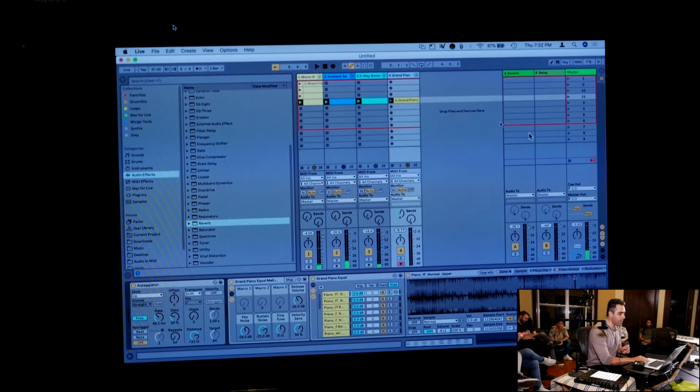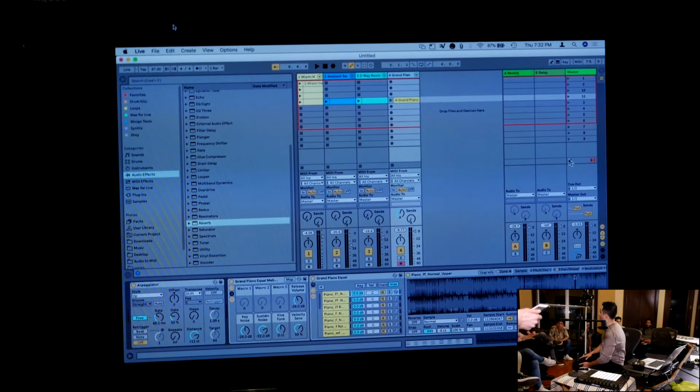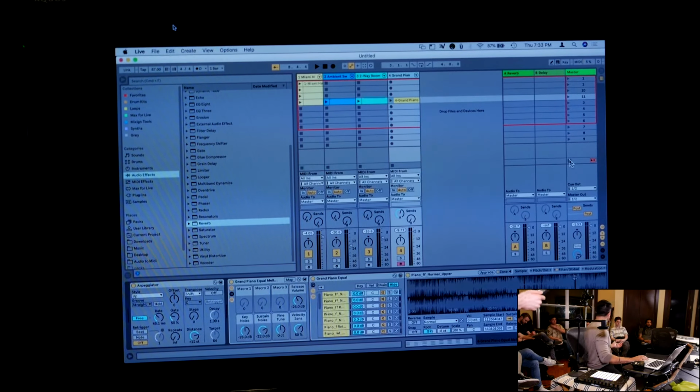Cool. So now we have 4 ideas. Yeah, question. Is that capturing your velocity too? Yeah, it's getting everything. So these are all pressure sensitive. So the more you dig into the pad, it's going to get a harder sound. So now that we have 4 ideas, the cool thing that you can do next is that